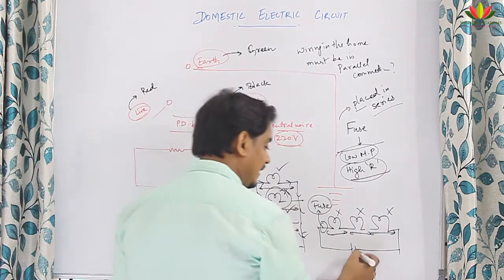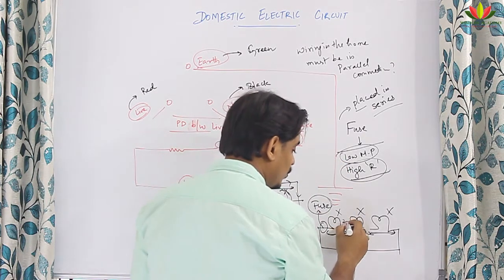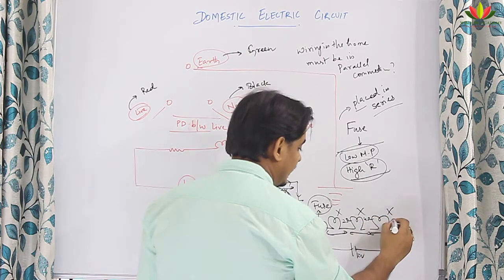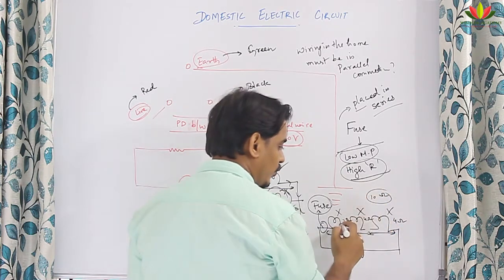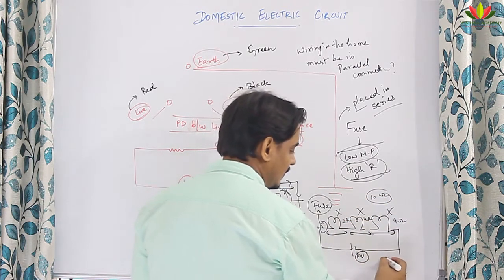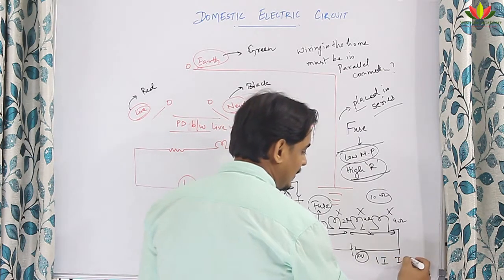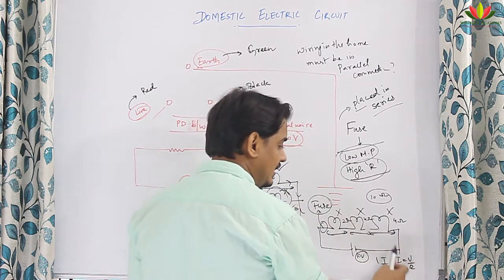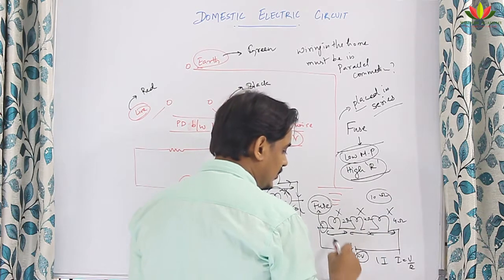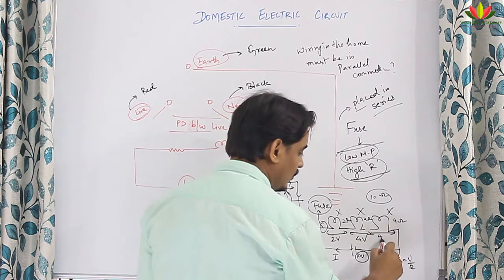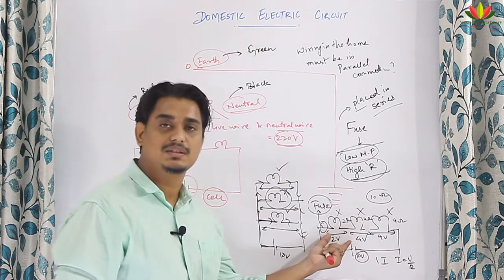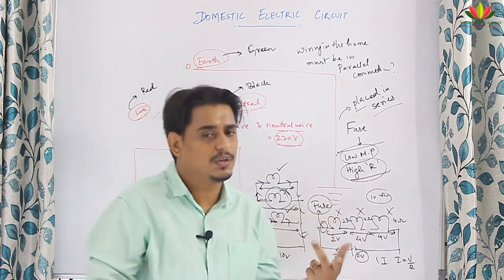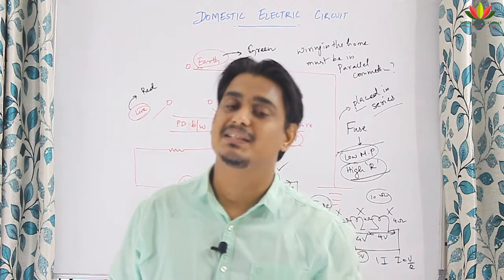But if I have 10 volt here, and if I have 2 ohm, 4 ohm, and again let me assume it as 4 ohm, in total I have 10 ohm here, total 4 plus 2 plus 4, and 10 volt means current comes as 1 ampere, because I is equal to V by R. So, what will be I? V by R is 1 ampere. So, what is the potential difference here? 1 into 2, 2 volts, here 4 volts, here 4 volts. So, out of 10 volt, only 4 volt will go in this, only 2 volt will go in this. If this appliance needs more than 2 volt, it will not glow. That is what happens in the case of series connection.